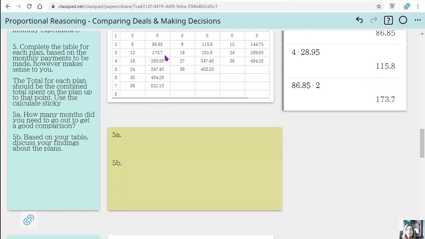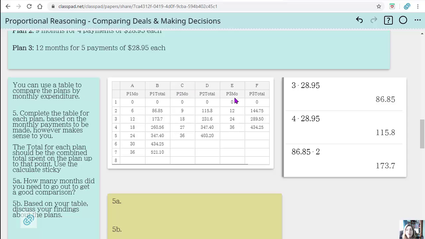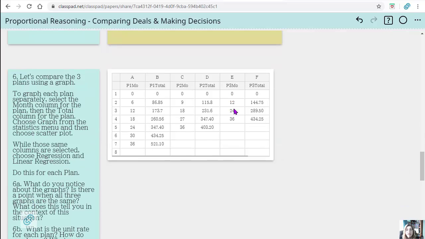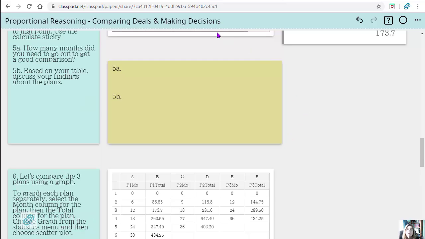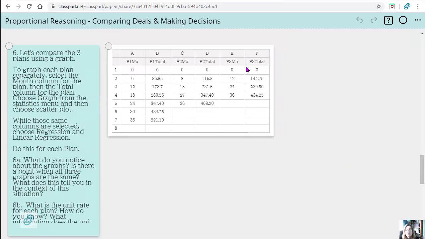And they're asked to basically make a graph. And what I wanted to point out here was they filled out this table here, however they decided to make their table. And there was another table down here with the same headings, and watch, because of ClassPad's connectivity, it filled out automatically, so they didn't have to do it again. Now, I could have just taken the table and slid it down, but it's nice to have both of them.